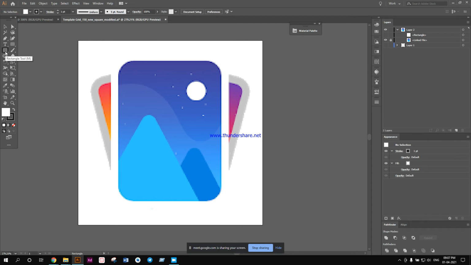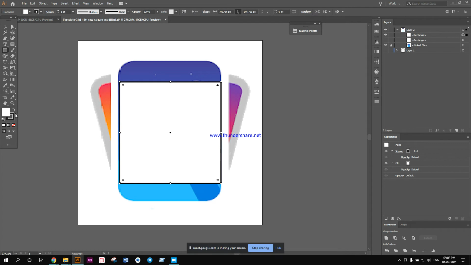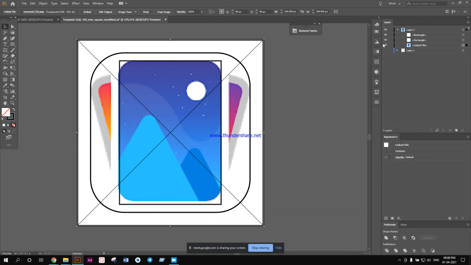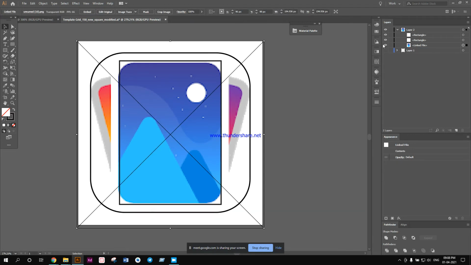So I go to the rectangle tool and create a rectangle. I'm just going to press Shift, Alt, and click, and then drag outside. Now I have a fill color. I do not want the fill color because I want to see the edges properly. Now it looks a bit off. So what I'm going to do is bring it to the bottom so that it's properly centered. Okay.